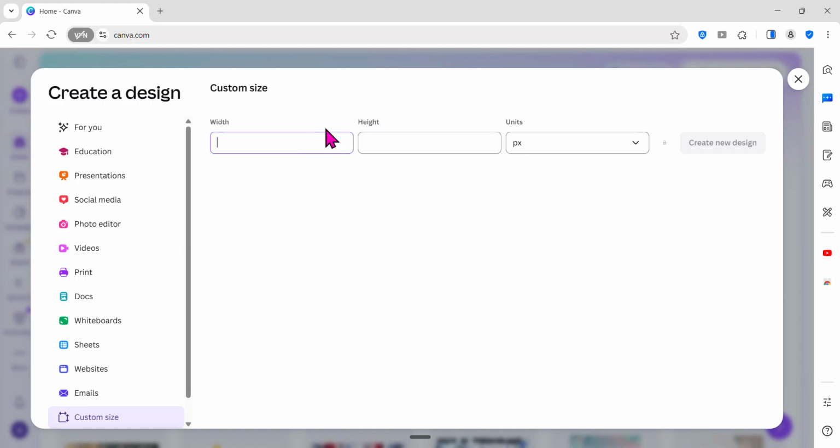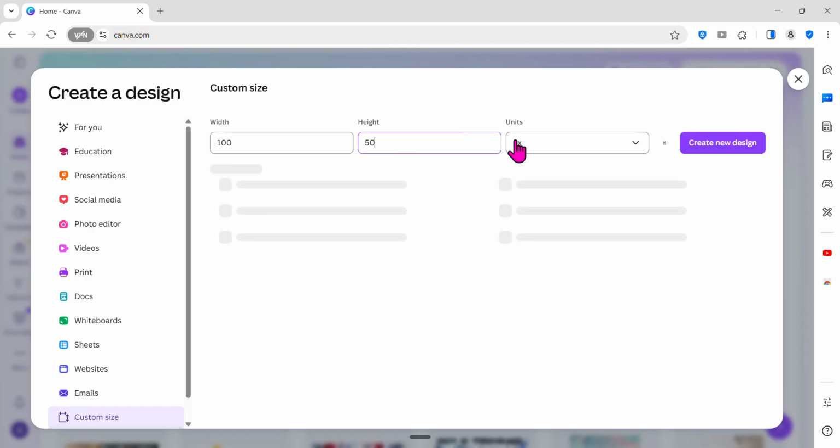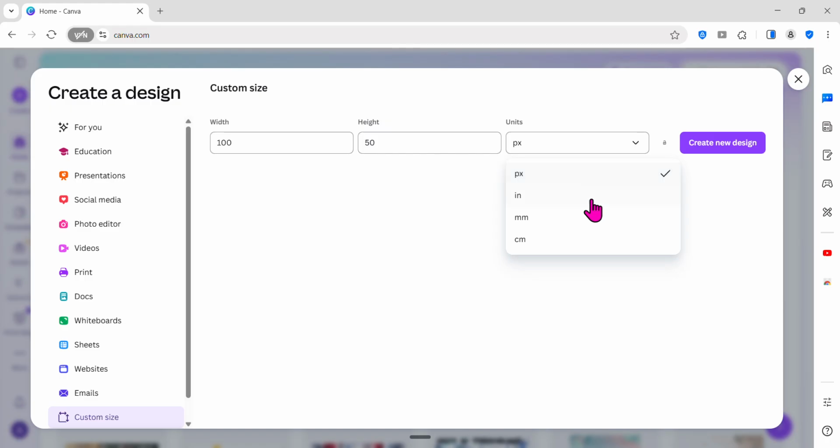For example, if you want a design or sticker sample, you can use millimeter or centimeter.